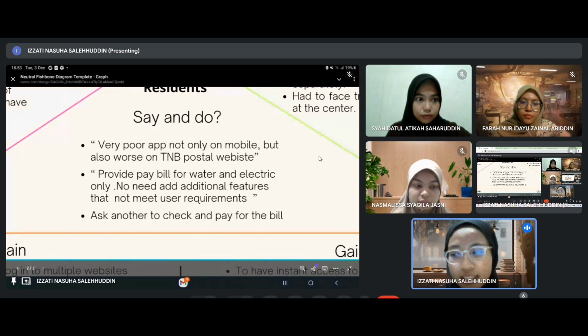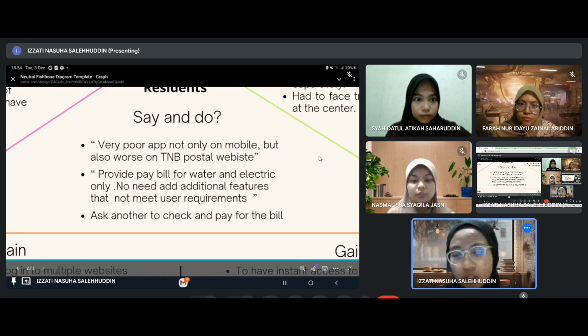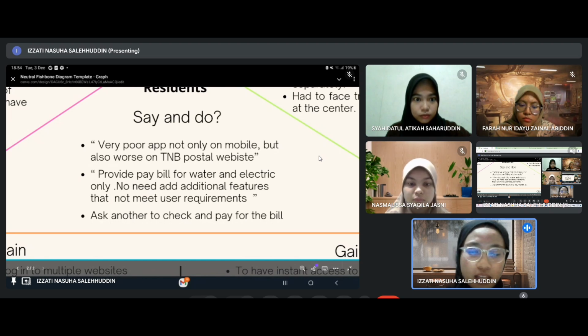No need to add additional features that do not meet user requirements, which lead to frustration in using this app. Also, another resident always asks others to check and pay the bill because they didn't know how to use the app, because of the many features that do not meet their requirements.